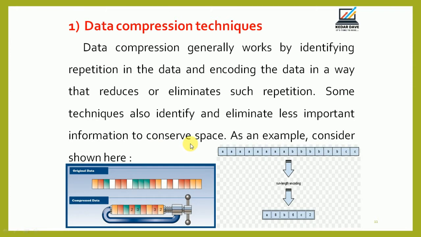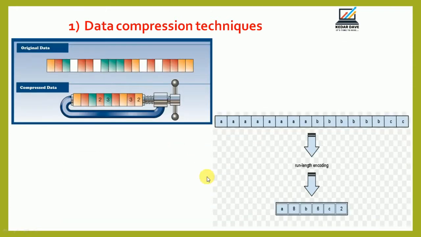For example, one example is given here, right? So this is the original data, and this is the compressed data. If the red color is used two times, instead of occupying the space two times, it will just write the two by the data compression technique. Here is another example, right?